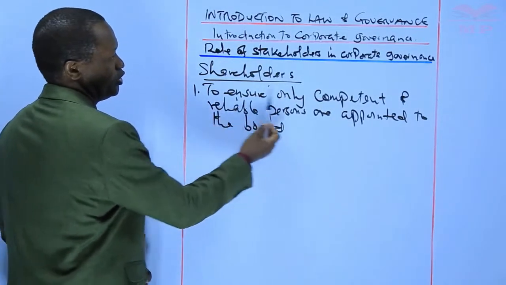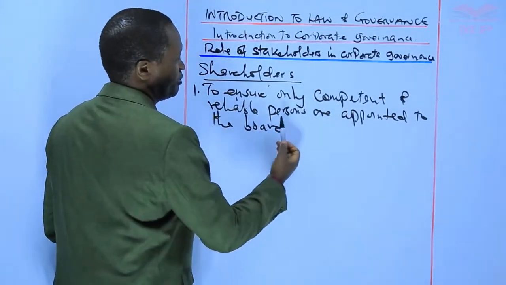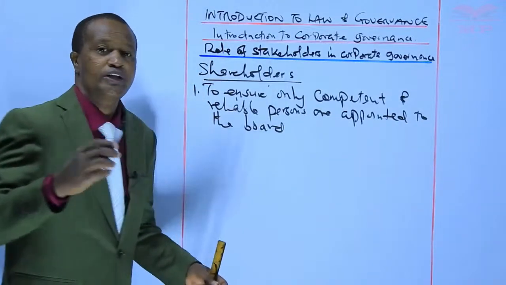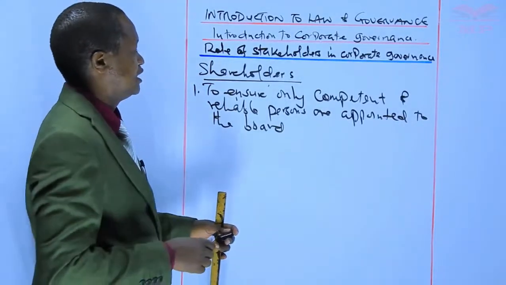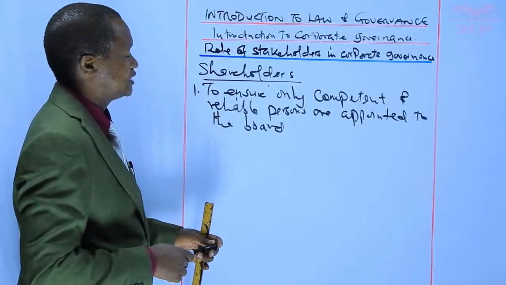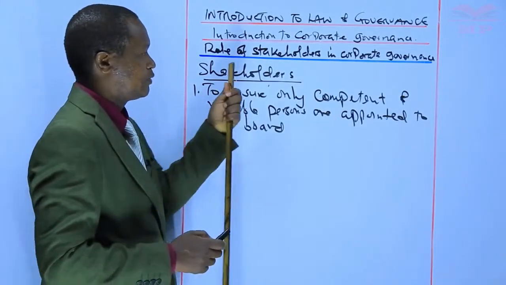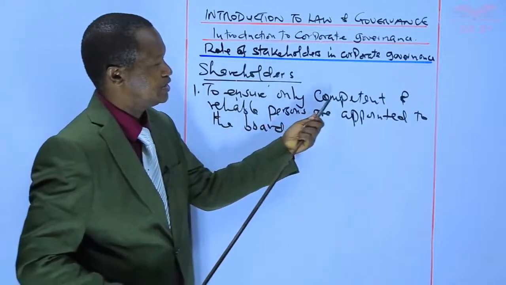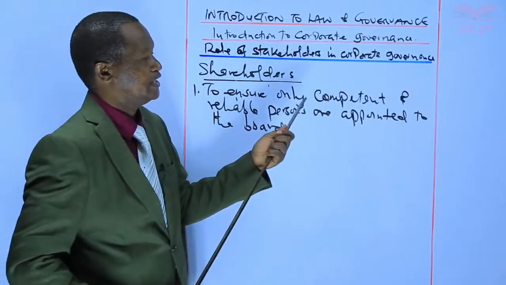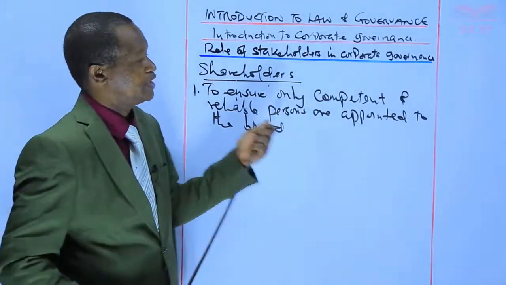That is the supreme authority of the shareholders, to ensure only competent persons are appointed. Competent means persons who have the required skills, persons who have